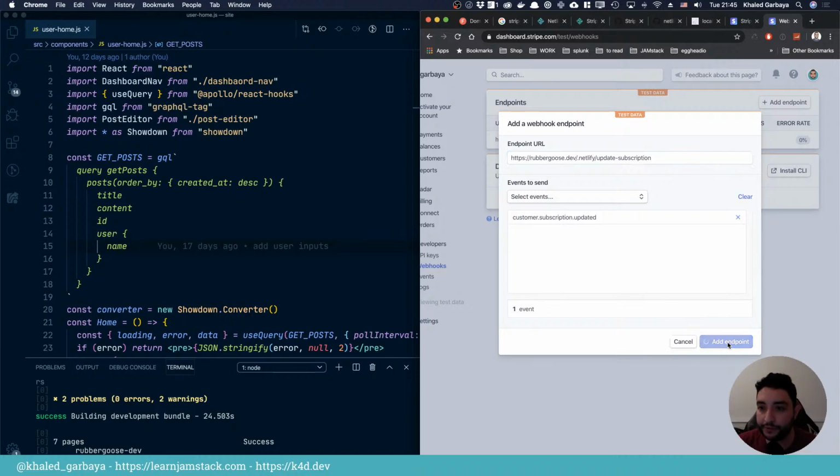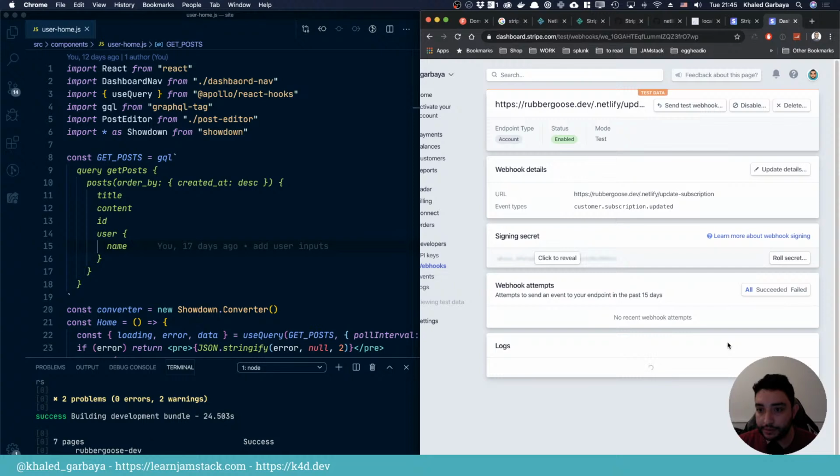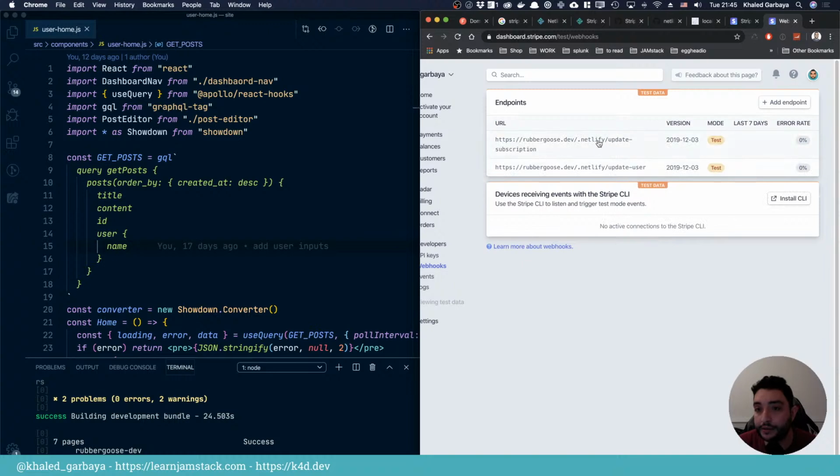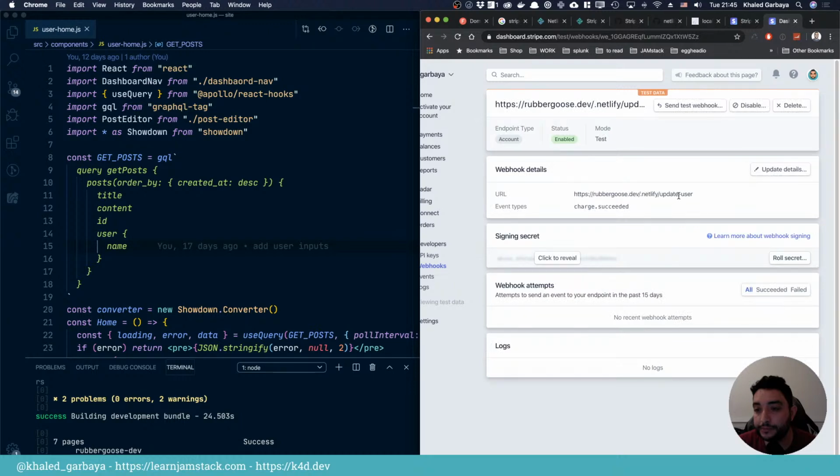So yeah, whenever we update a subscription, we will let Stripe tell us, hey, there's a subscription update, and if we update the user, or